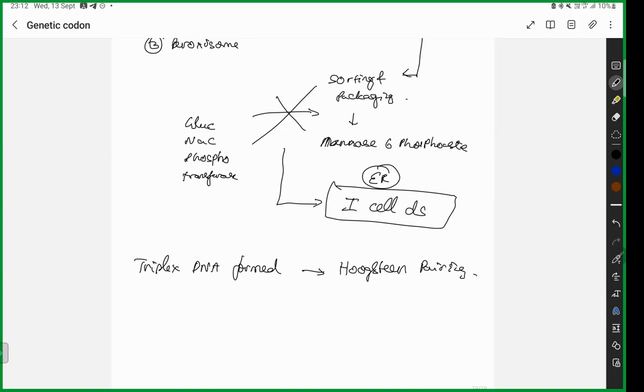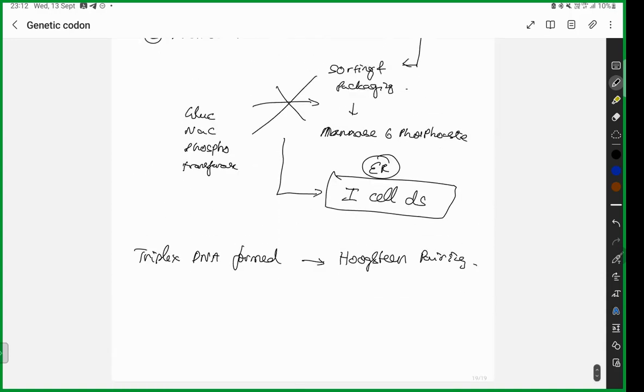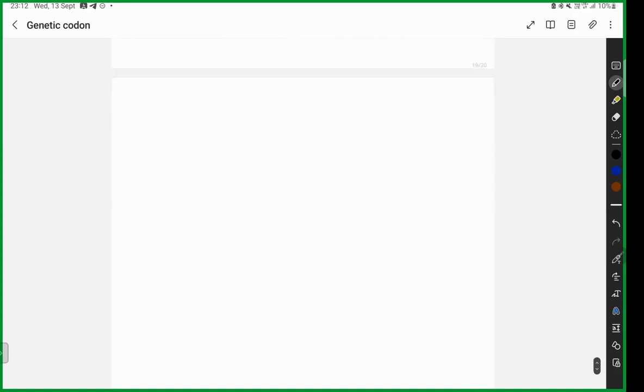Once you understand all these things, next topic is the molecular biology techniques, which we will be dealing with tomorrow. For today, you are going to understand this transcription very well. Okay, thank you.